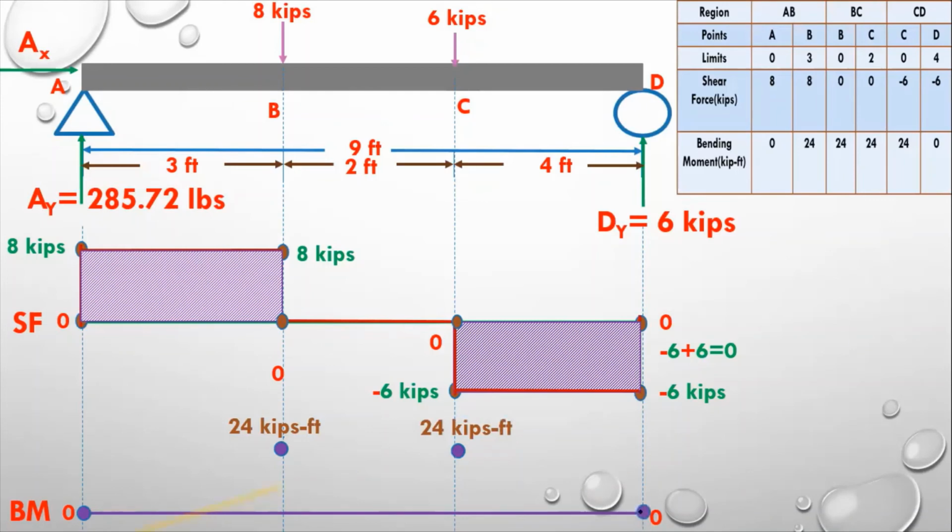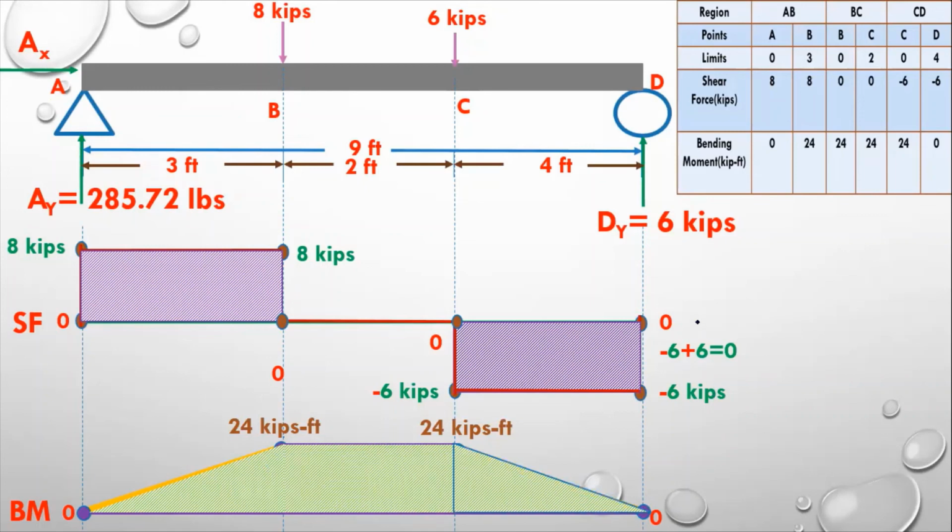So it is 0. So I have to draw the line for the bending moment, because as we have straight lines for the shear force diagram, there should be inclined lines for the bending moment. So it will go straight because there is a 0 line over here. So you will find the bending moment maximum is 24 kip-feet throughout B to C because the shear force equals 0. So we are getting the maximum bending moment throughout B to C, and it becomes a straight line. Now there is an inclined line from 24 kip-feet to 0. So I have to draw, or make a pattern, over here. So you can see it. This is the bending moment diagram.